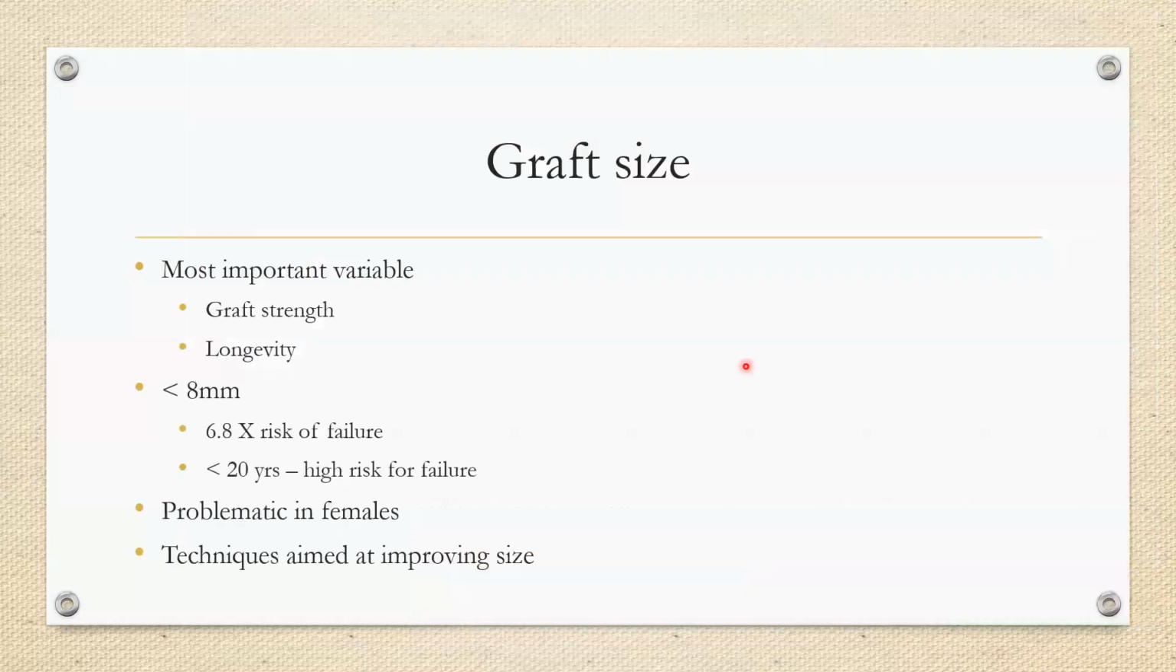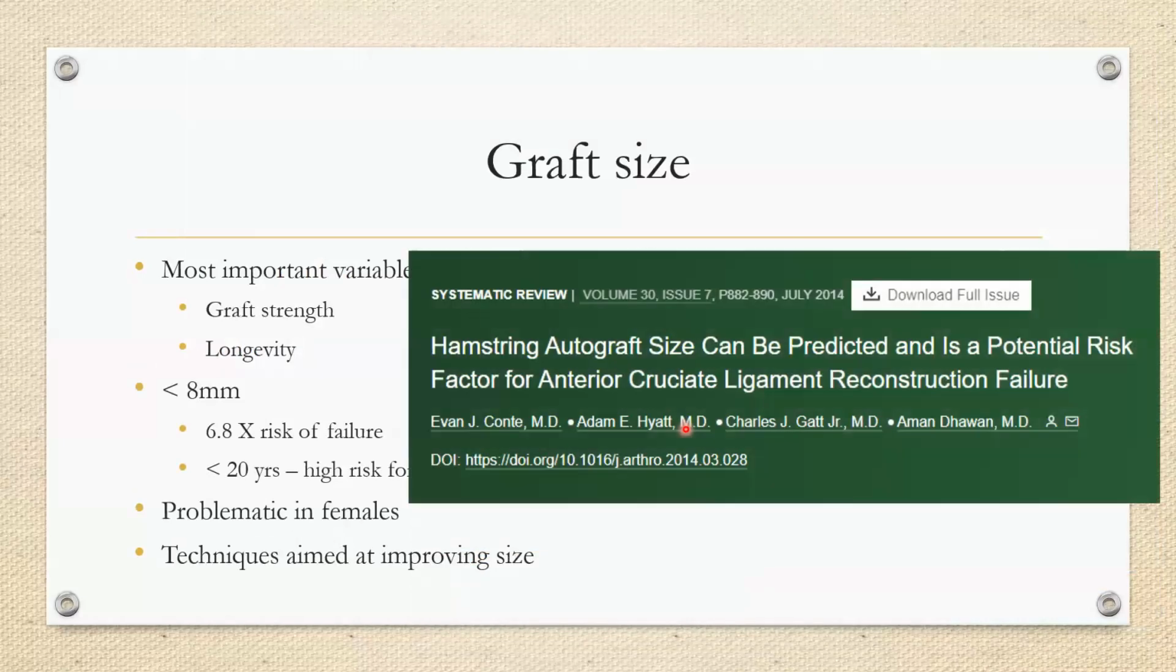Okay. The next most important determinant factor to be considered in a graft is the graft size. This is the most important variable since it directly impacts the strength of the graft, and thereby the longevity of the graft. So the ideal graft diameter should be more than 8 mm, as put forward by this paper by Conte